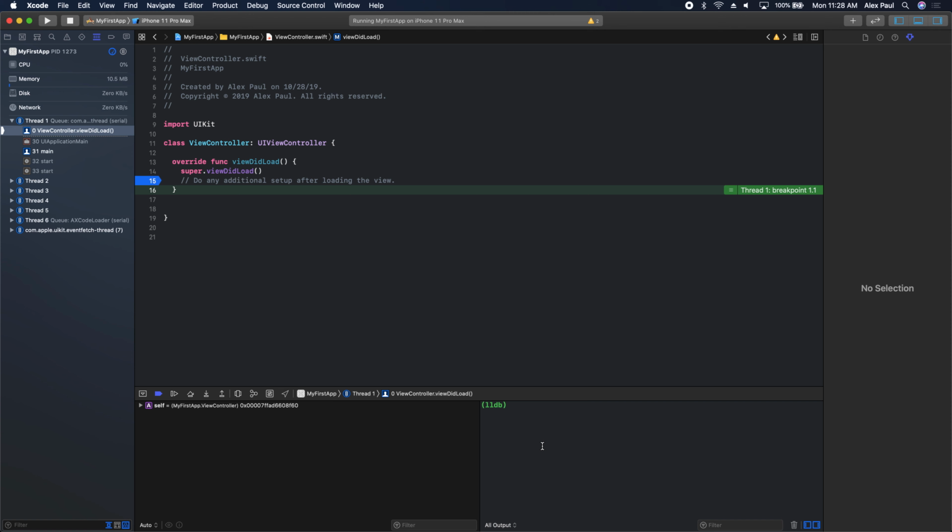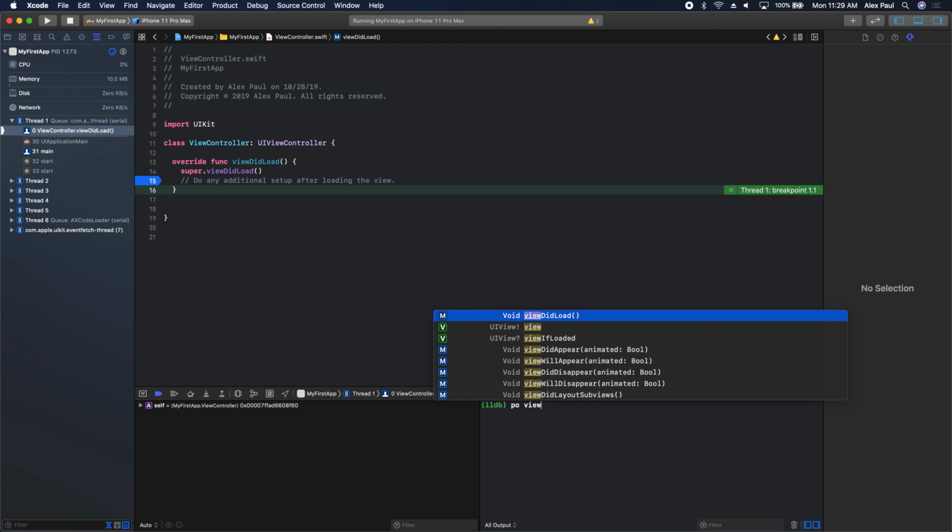One way to debug at a breakpoint is to use PO. PO stands for print out. So simply type out PO. Where it says LLDB here, do we see LLDB, the green LLDB? So if you simply type out PO, print out, space, view,